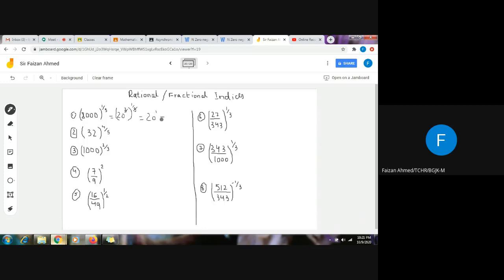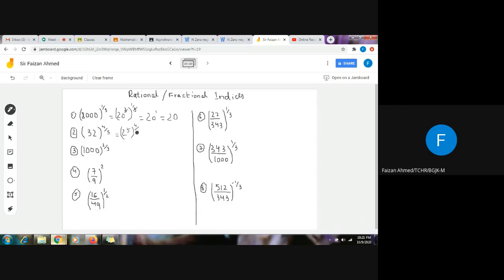So the trick to solve fractional indices is that you have to focus on the power of the denominator, the value mentioned in the denominator, and make the same number inside the bracket. Again, the second question is 32 to the power 4 upon 5. I will target this 5, and I have to think about a number whose fifth power is 32. I know that 2 to the power 5 is 32. So I will write 2 to the power 5 like this, close the bracket, and then write the whole power outside, that is 4 upon 5.